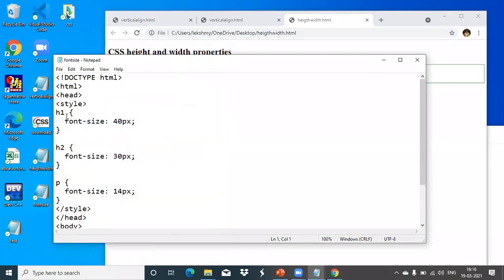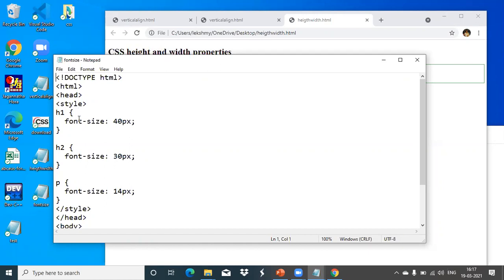So here for the H1 tag we have given the font size property as 40 pixels. H2 we have given font size as 30 pixels. Paragraph we have given its size as 14 pixels. Already H1 and H2 have some particular size values. So if you want to modify that again, we can use this font size property.